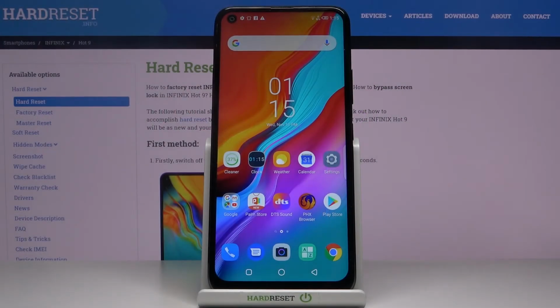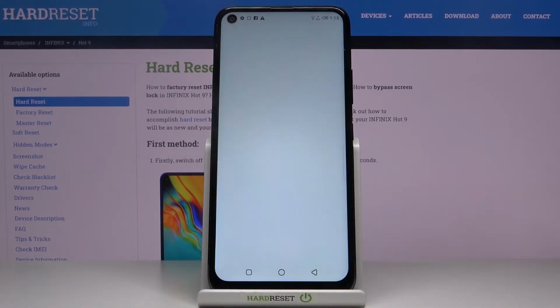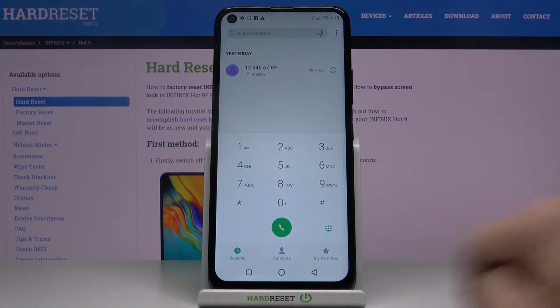In front of me is Infinix Hot 9, and let me show you some of the secret codes that you can use on this device. So at first, just open your phone dialer, go to keypad, and let's enter the first code, which is asterisk pound,